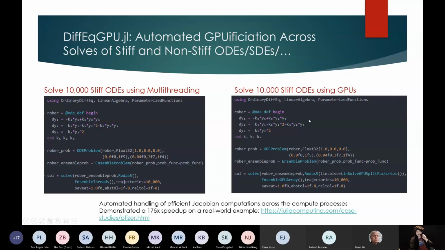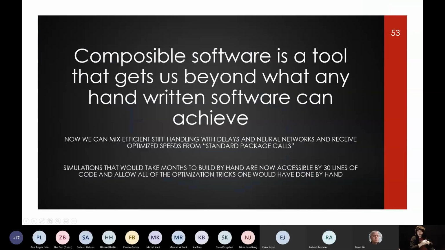And we now have this in a way such that you write down your differential equations, and it will do the automatic transformations for you. And so what we really get in the end is we have a composable software tool that allows for integration with machine learning, but then also a lot of other problems like building PDE solvers, getting adjoint equations, doing uncertainty quantification, automatically parallelizing code. A lot of these things come for free because these are all just different ways to think about composing software with compiler types of optimizations and compiler types of code transformations to be able to give you GPU compatible, machine learning compatible, et cetera, stiff differential equation solvers.